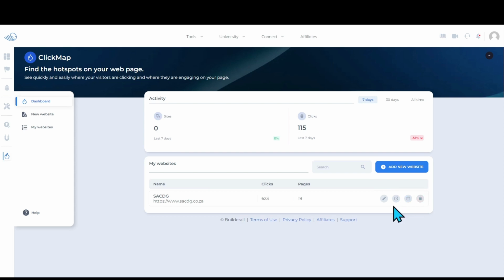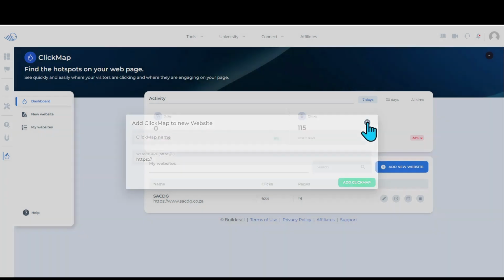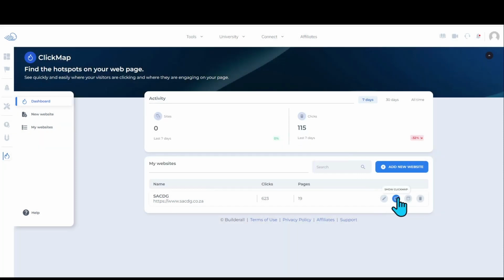Now let's take a look at how you would be able to add a site. All you really need to do is either on the left hand side click New Website or Add a new website. A box like this would open up where you're going to give your Clickmap a name and add the URL. Once you've done that, it's going to give you the code, or you can just grab the embed code and put it inside the header section of your website, which is the script settings